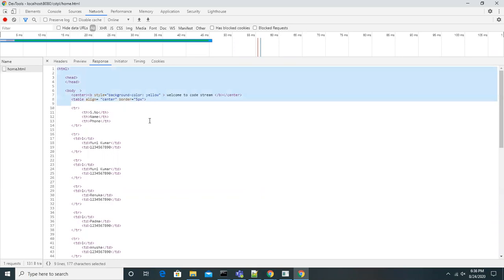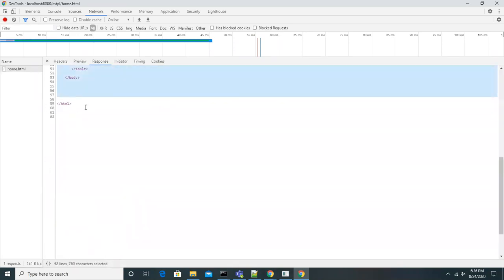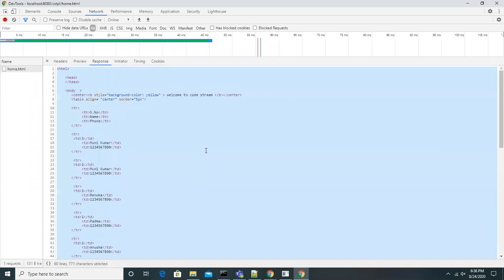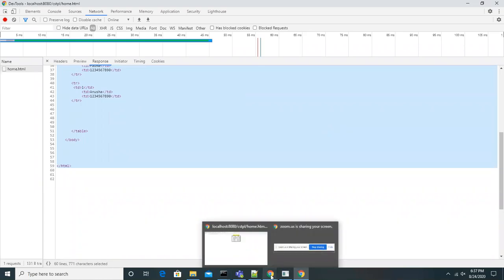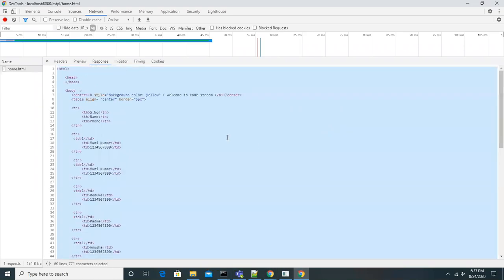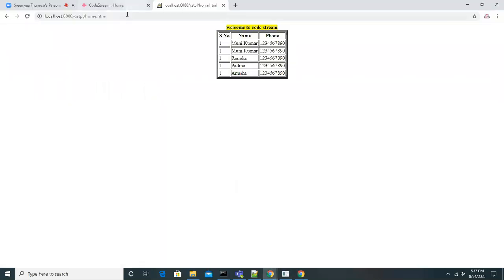It's not in your browser. It is in the server. The server gave the response. That response is rendered by the browser, because HTML files can be rendered by the browser. That is how we are trying to access that resource. Okay, are you getting me?